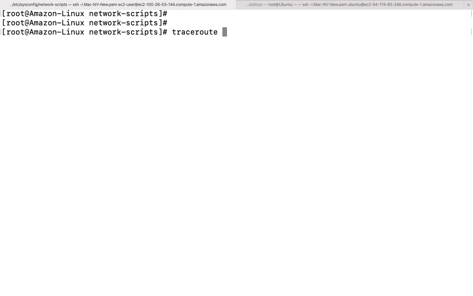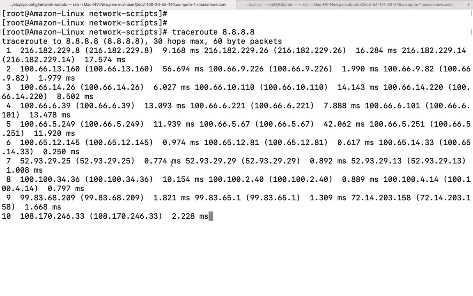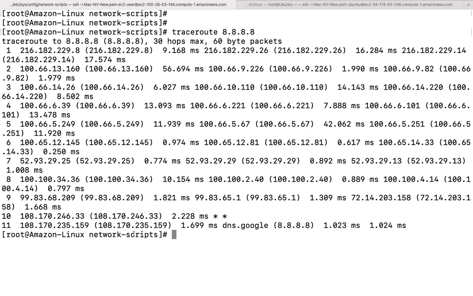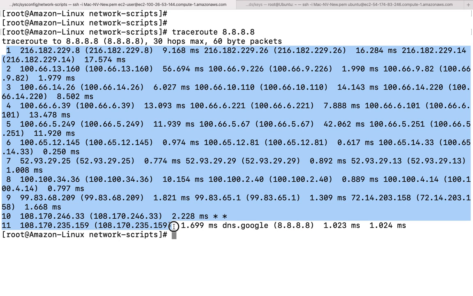So guys, the traceroute command is going to tell us what the particular routes, gateways, or networks are through which our request is reaching the end destination. These are the particular IP addresses through which our request is reaching this Google DNS server. So these are the 11 hops. These IP addresses which lie in between are known as hops. So there are 11 IP addresses.